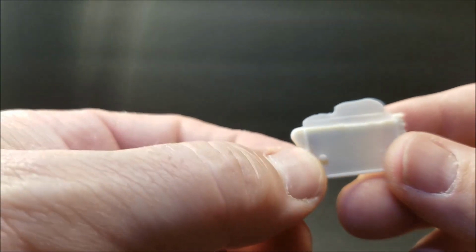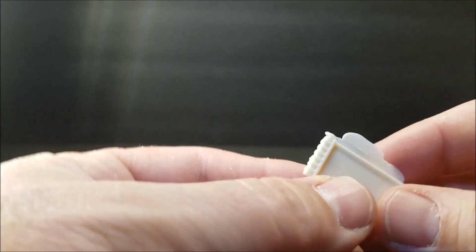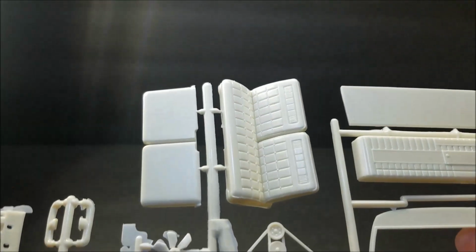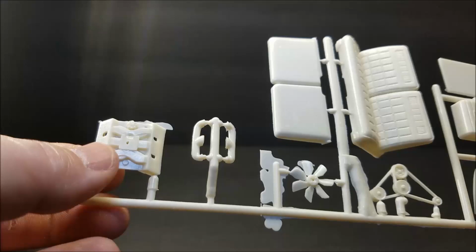Looks like your radiator got a lot of flash on it, but it is molded in white. You never know what you're going to get with Johan. Let's see here. The next tree is your